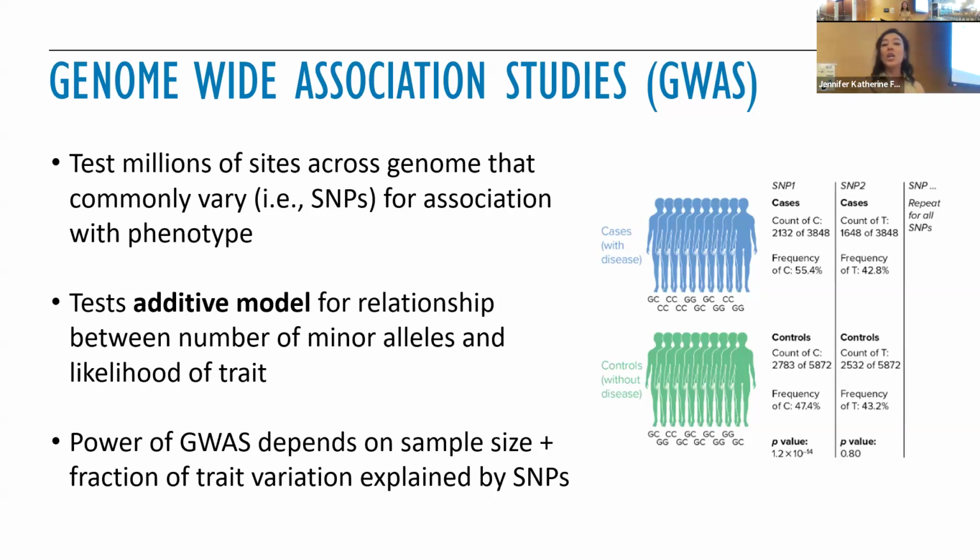So in this brute force method, what the researchers are doing is, if you have a genotyping chip where you are assessing common SNPs. So these chips are created to basically index spots in the genome that commonly vary across individuals. They're often testing millions of them genome-wide to basically say, is the count of whatever allele somebody has at each of those sets of millions of locations, for example, different for individuals that have